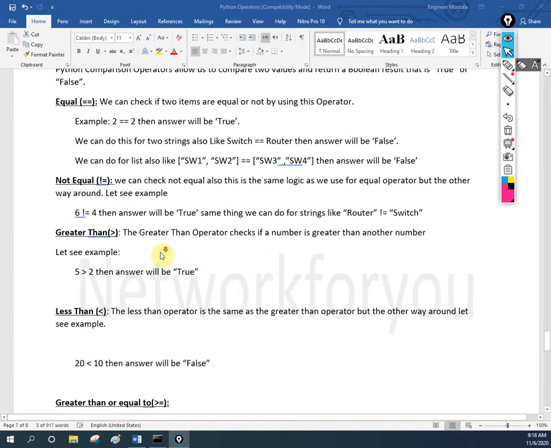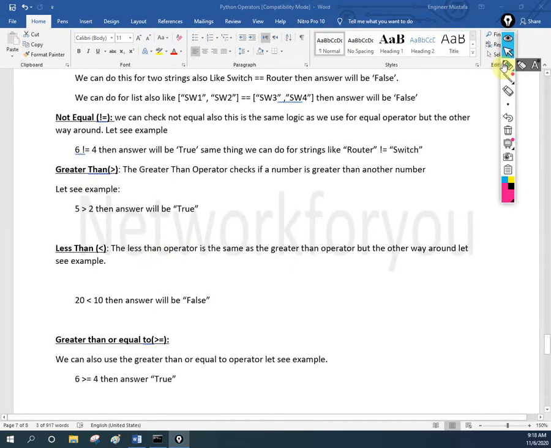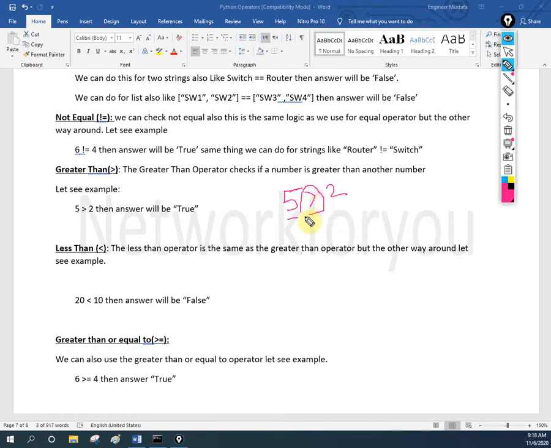We discussed not equal to, now we will go for greater than and less than. This is also simple. If you want to compare, we write 5 greater than 2, then it will check whether it is greater than or not, and the answer will be true or false depending on the condition. We have the same thing for less than. We can also do greater than or equal to with this operator. You can write 5 and 4. If it is greater than or equal to, the answer will be true. If it is not, the answer will be false.